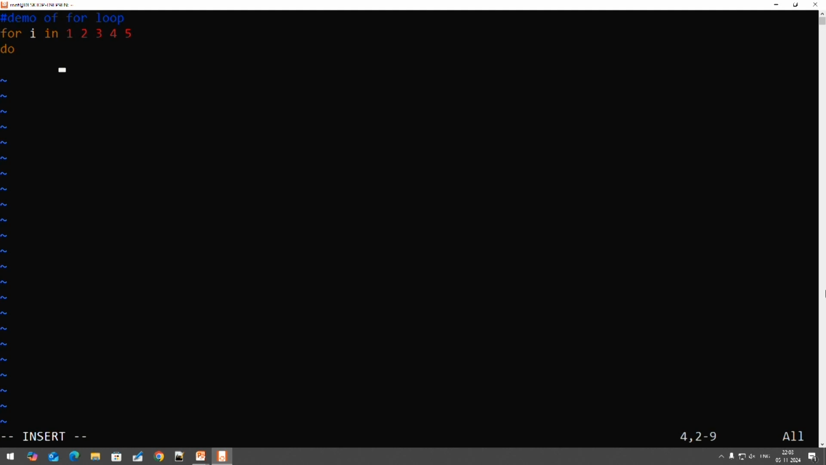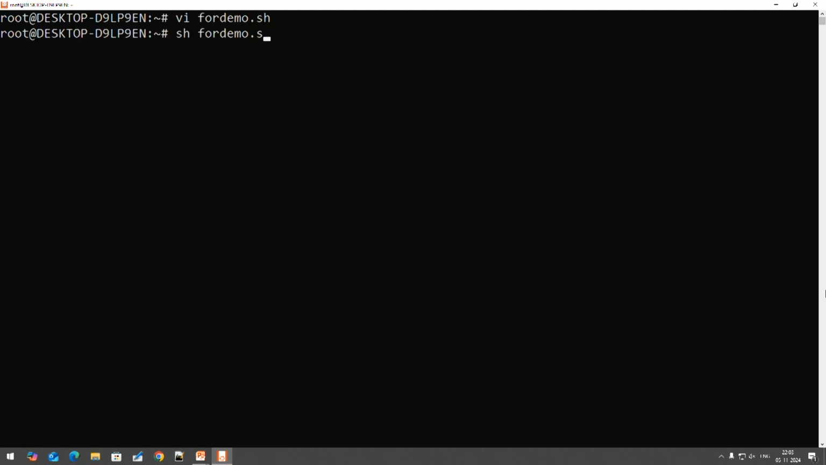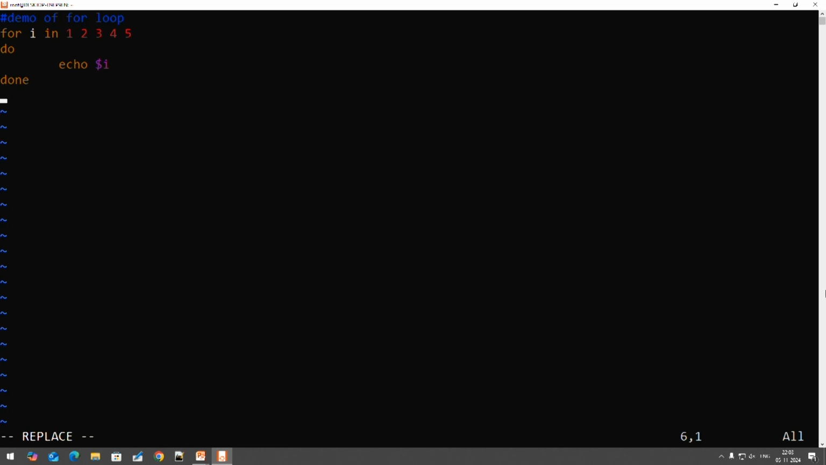Same syntax is there: the loop will start with do. I am printing the value of i, and then it will complete with done. Save your code. Now you can check. So you can observe here it will print 1 to 5, right? So here again I am going through the code so you can get the idea. for i in, that is the keyword, and you have to mention here the list 1, 2, 3, 4, 5,